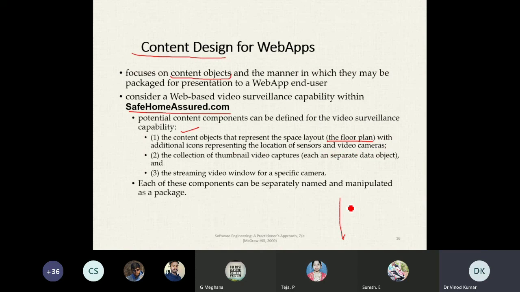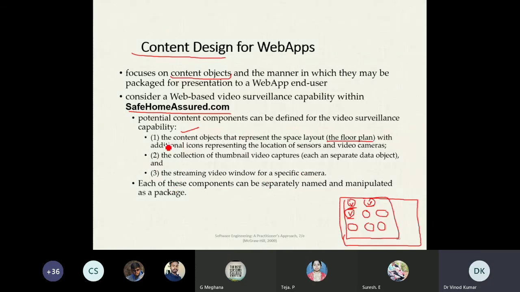So you can see in the layout in the web application itself, you can represent that this is the webcam, this is the gas sensor, some motion sensor is there, different types of sensors you can mention like this. In the floor plan, different video cameras are there, you can mention which location it is, you can write the name below also, look at this location in the room, in the floor plan. Okay, so this type of representation you can do very easily in the web apps.